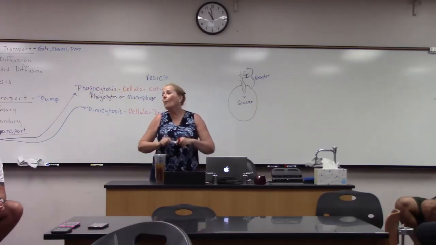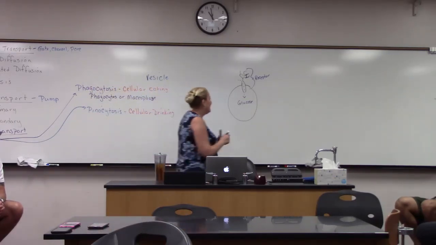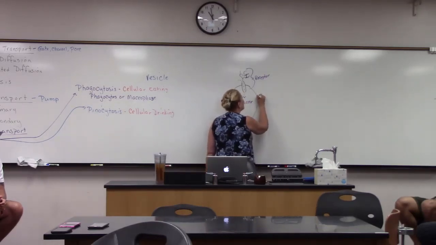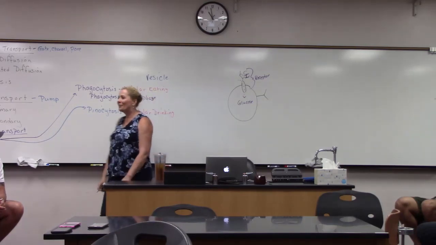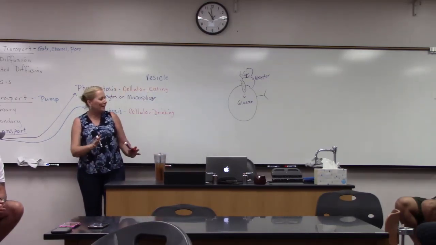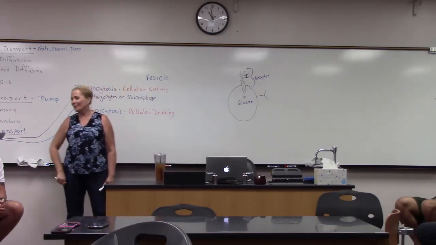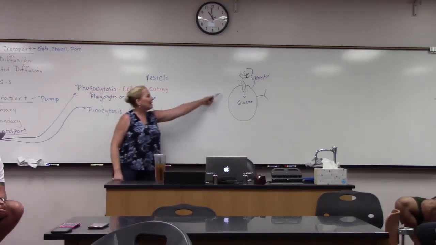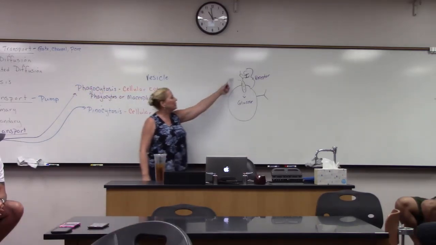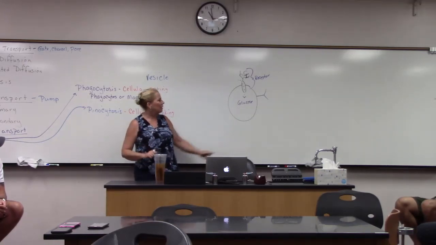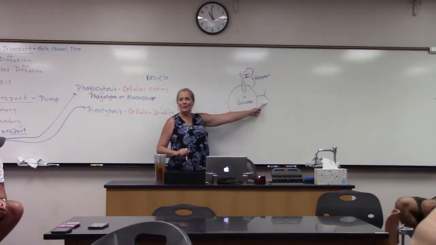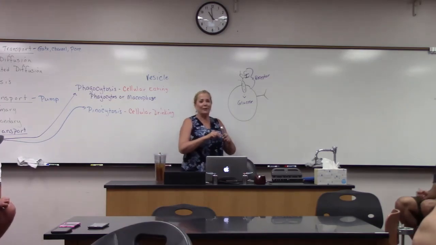Now, if I want to be lazy, I can draw the whole receptor complex just like that. And so if you see something drawn with a little Y on the outside, call that a receptor too. But really it stands for this integral protein gate with the glycogen, and it opens and all that kind of good stuff. But this is also referred to as a receptor. So if you look at our picture,